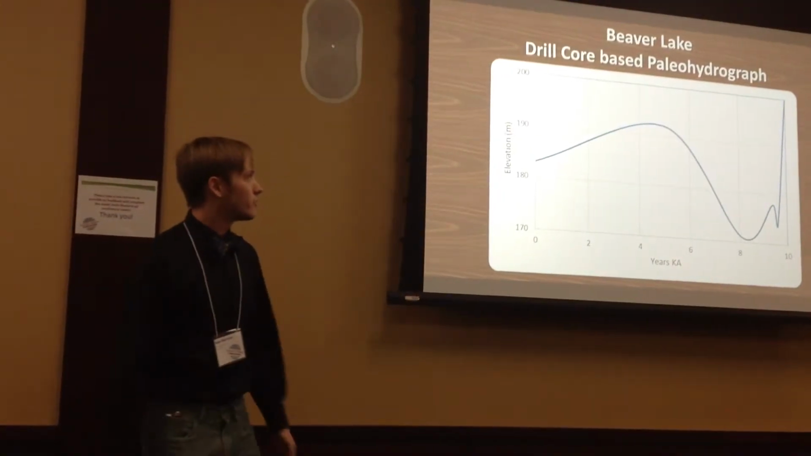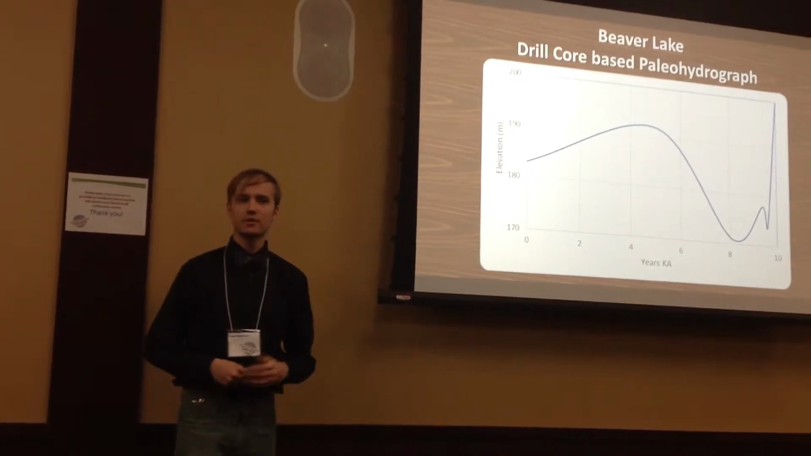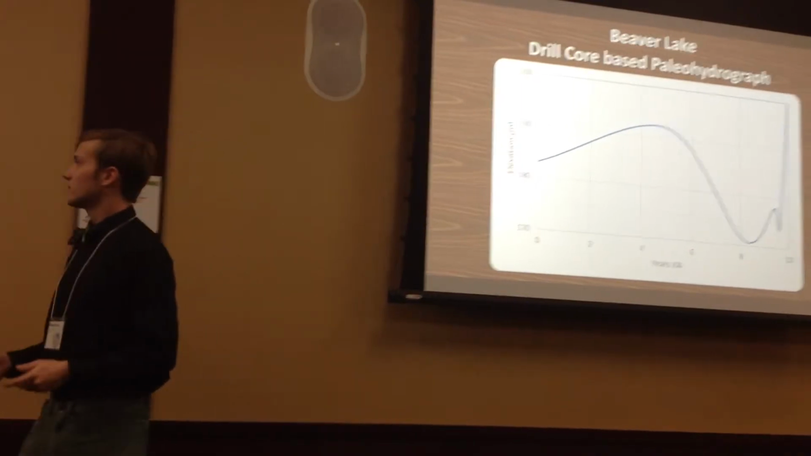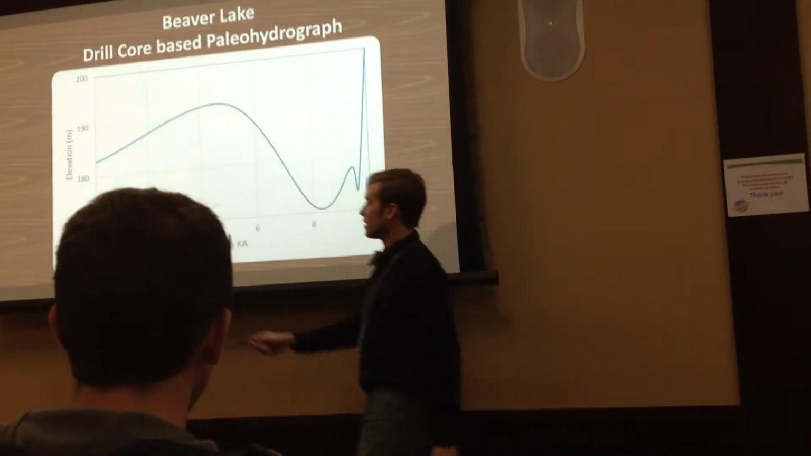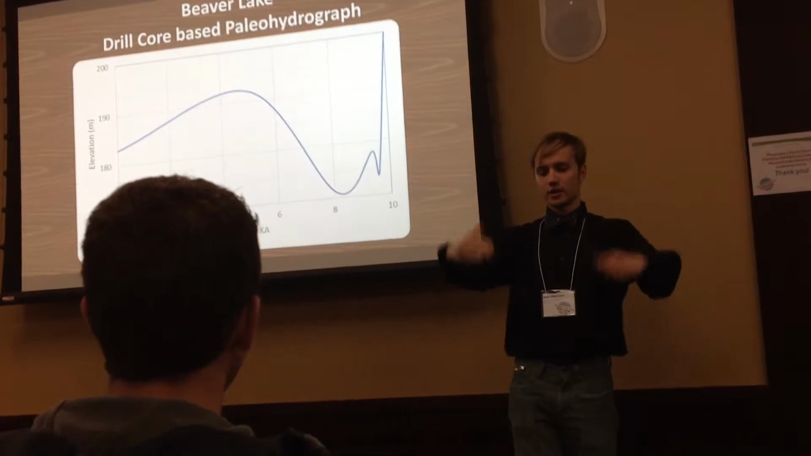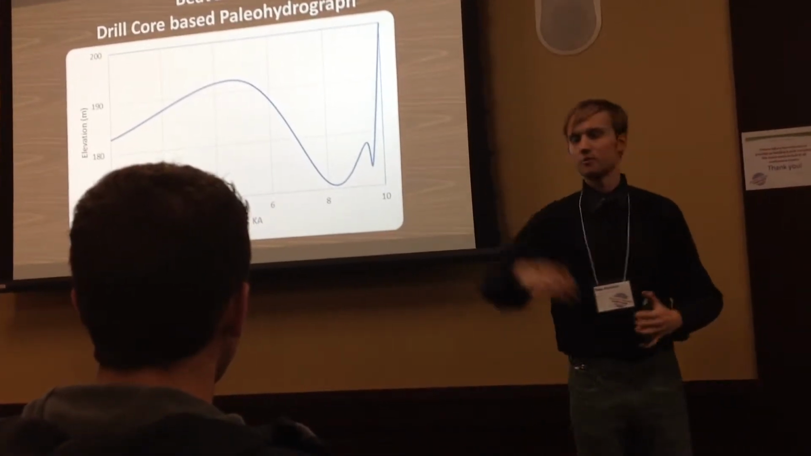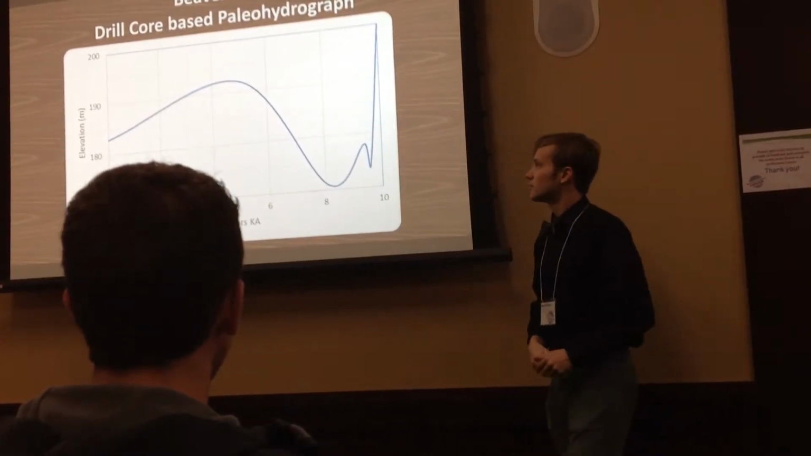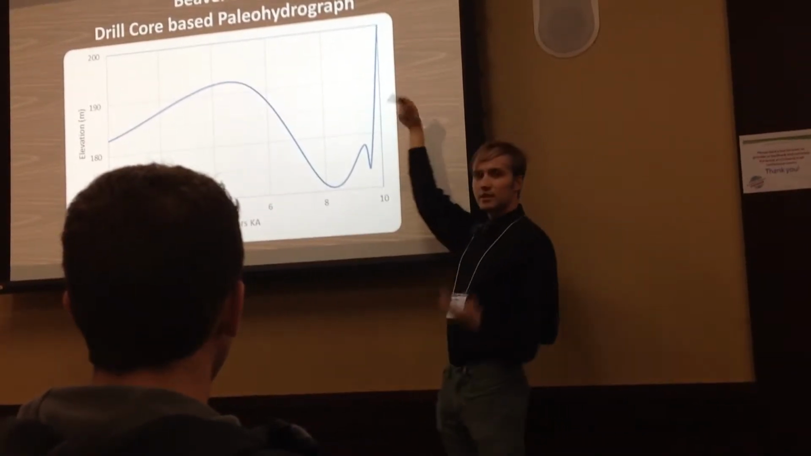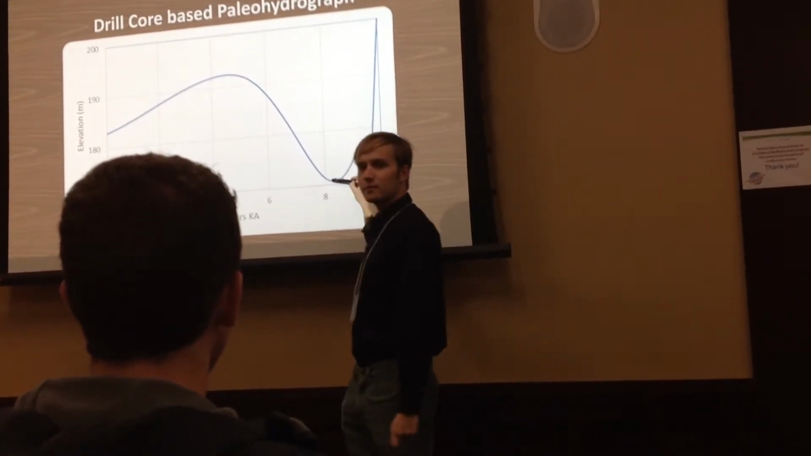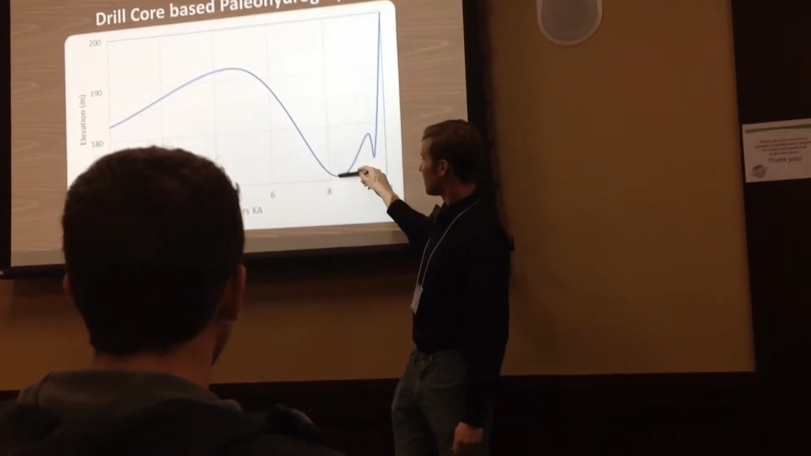We also have the paleohydrograph for Lake Superior, which is based off a drill core they took out of Beaver Lake. And how this paleohydrograph works is, this is 10,000 years ago, and this is today. So beginning 10,000 years ago, we had the glaciers sitting just north of Duluth and the UP. And we had a proglacial lake that was at about 200 meters. Now, as the glaciers retreated, this lake level drops dramatically to about 170 meters, which is a period of about